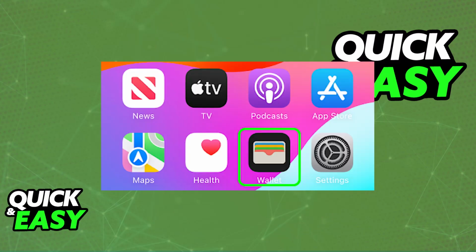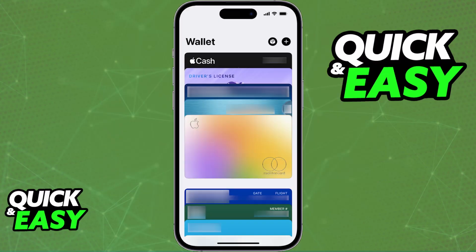The wallet app is going to be on your home screen by default, and all that you have to do is tap to open it. Now, at the top right corner of the screen, you will find the plus button to initiate the process of adding a new card. For this video, I'm going to be focusing on credit or debit cards, but like I